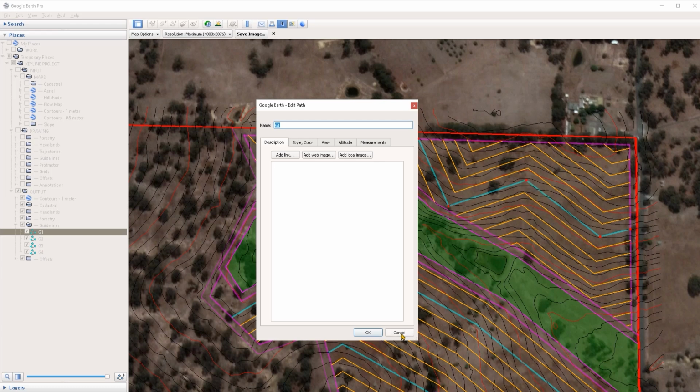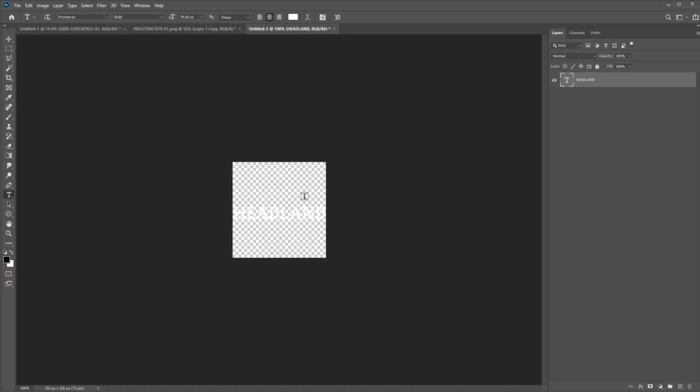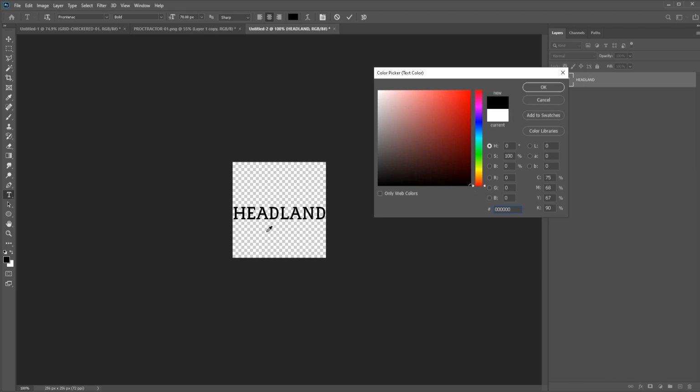Another way to add descriptions is to add overlays of text. So if you have some graphic application like Photoshop or even the free GIMP or anything really that can add text and export the text with a transparent background, then you can bring annotations inside of Google Earth using the same overlay functionality that we've been using to bring in the protractor or the grids. So for instance, here I have a text inside of Photoshop, and I've simply written down the word headland. So in this case, it is in white, but if I turn it into black, you can see that it just says headland and we have no